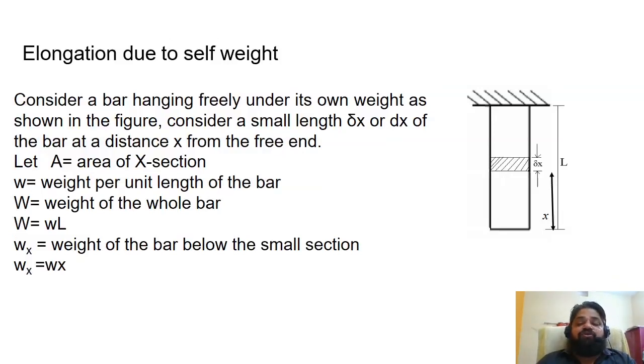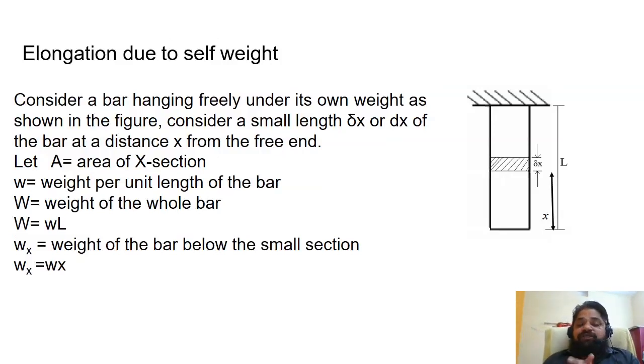This is the example which has been shown. You can see from the figure, a bar having any kind of cross section. Here it has been shown as a rectangular cross section, and you can take a circular cross section also. It is hanging from the wall, from the rooftop. Two major things have been shown here. The total length of the bar is L, then a small section has been hatched, delta x, or you can represent it as dx, and the delta x has been considered at a distance of x from the bottom end, or from the free end.